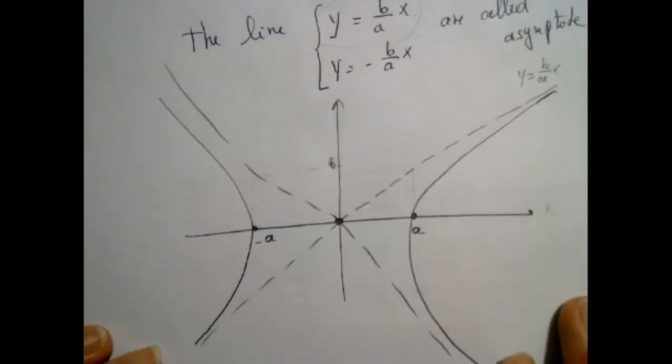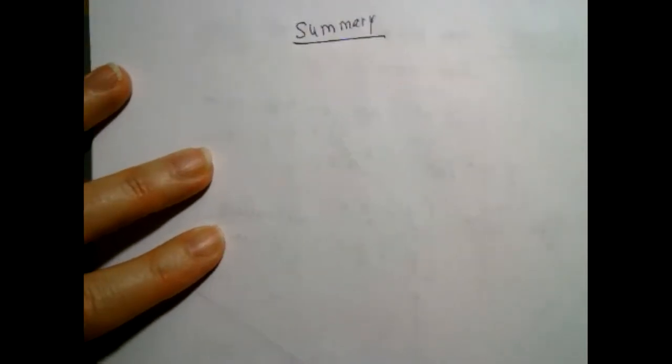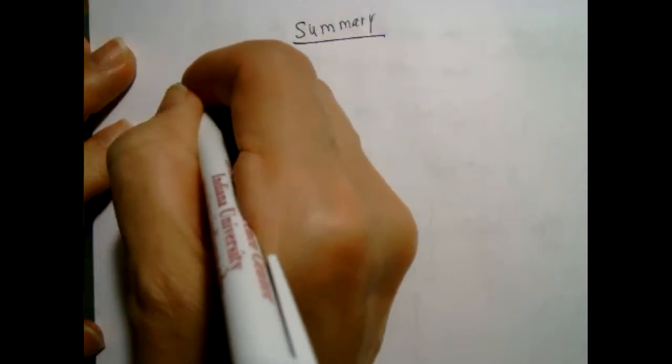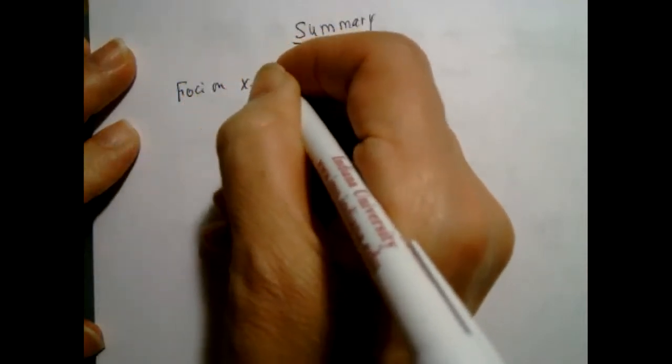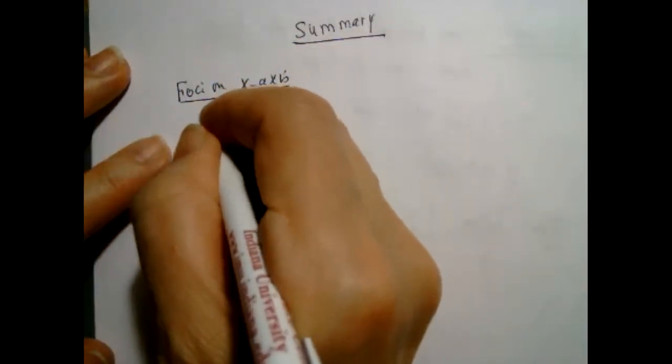So now let me summarize what we did and then start doing problems involving the hyperbola. Questions? Okay. So we did a good analysis of the equation. And now let me summarize the whole picture. Summary for the hyperbola. Equation of the hyperbola, I'm going to put two equations. So the first equation is foci on the x-axis. It means the points F1 and F2 are on the x-axis. Then the equation we'll have is of the form